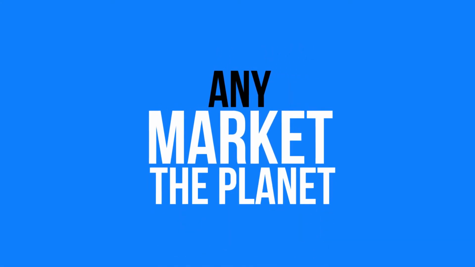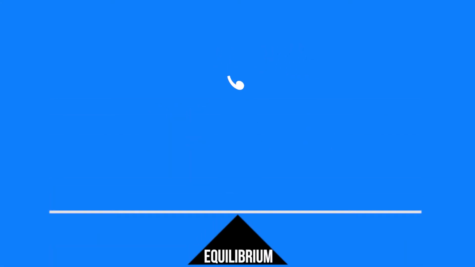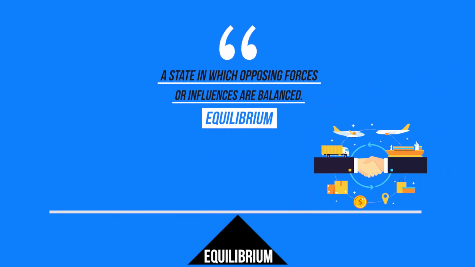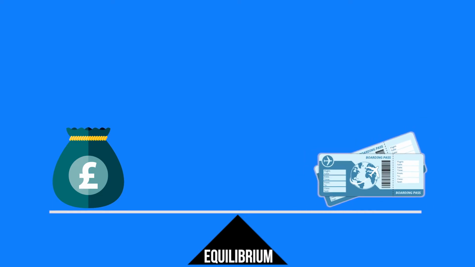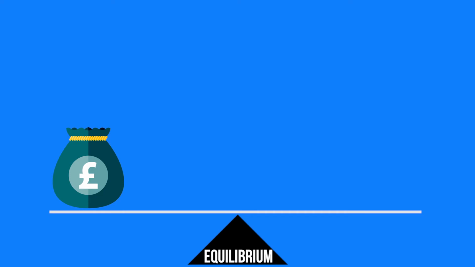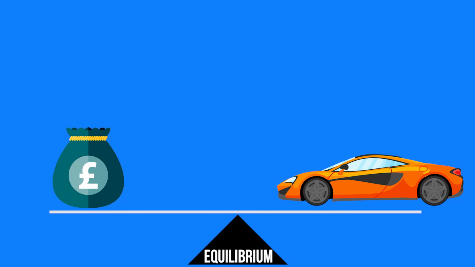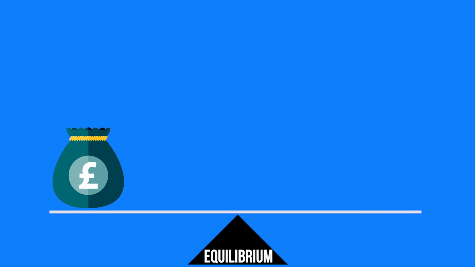So in conclusion, any market is the point of equilibrium between a disagreement on value and an agreement on price. In the examples I have given, the travel money is worth more to you than the exchange service, but you agree on the price. The manufactured value of the car exhaust is worth more to the car manufacturer as it allows them to complete a saleable product, which is then sold on to their customers. Therefore, they value this integral part significantly more than the parts supplier, but they have an agreement on the price.